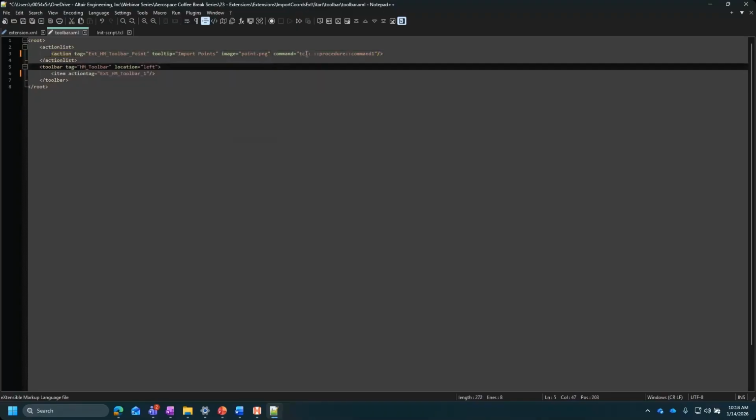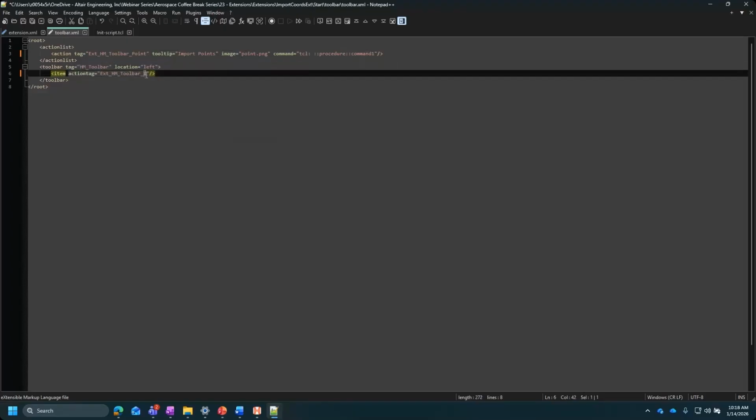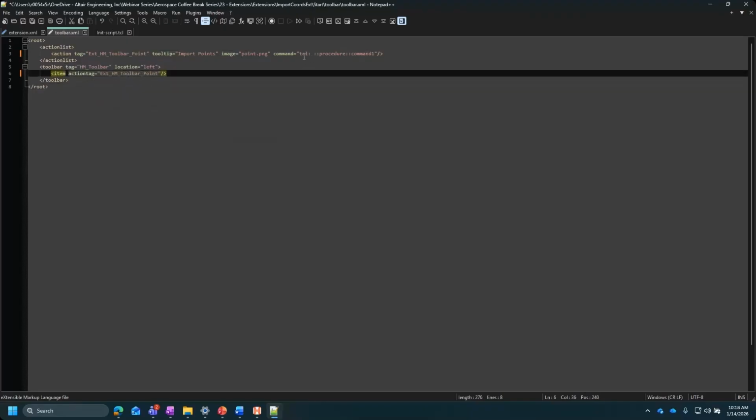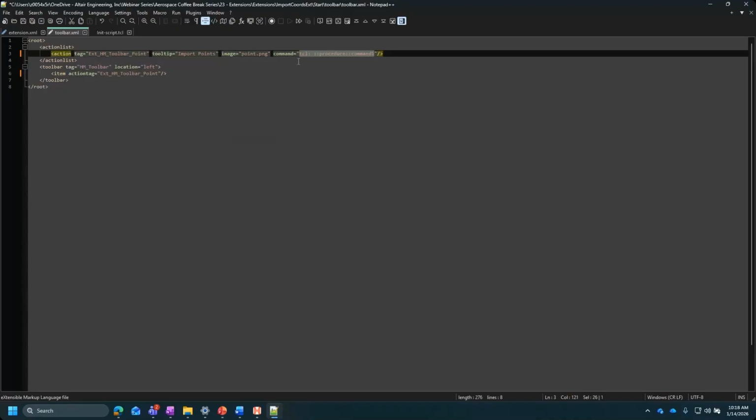And so then the command.tcl, actually before I update that, let me also just update this tag here. Okay. So I'm going to update this command in a second with the command from the script that I want to call to. But what I've built out here is basically just saying, all right, so this is my ID for this button that's going to run this command.